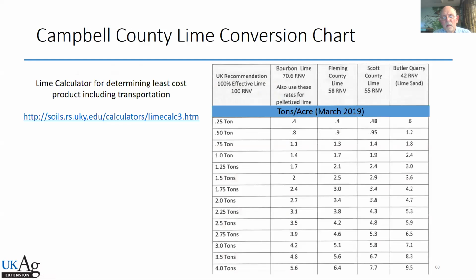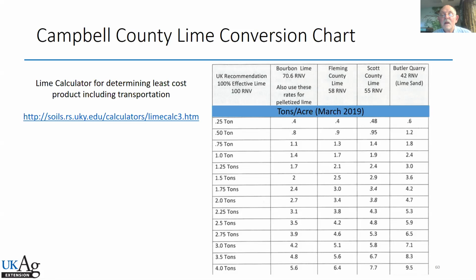All right. Another thing I do with agriculture samples, this would not be too relevant for 1,000 square foot type samples, but for acreage samples, okay? Let's go back and just assume that a soil sample came back and it called for 1 ton of lime per acre. And that 1 ton listed on the soil sample represents 100% effective lime, okay? So in order to compare the different liming sources, it has to basically compare as 100%, okay? So if I am looking at the Bourbon County lime, which is 70%, if I go across here, to get 1 ton of actual 100% effective lime, I've got to put down 1.4 tons of Bourbon or pelletized lime